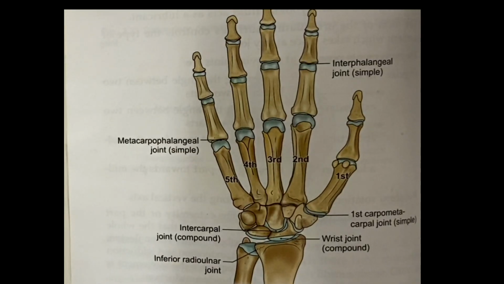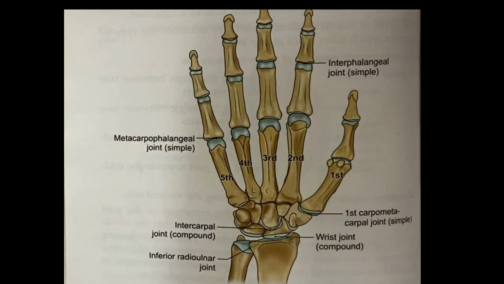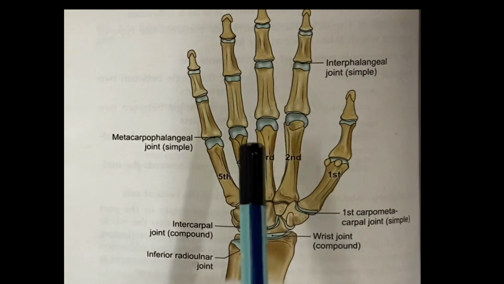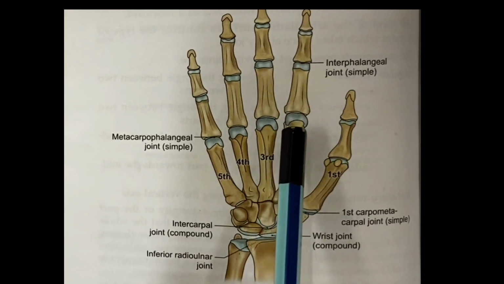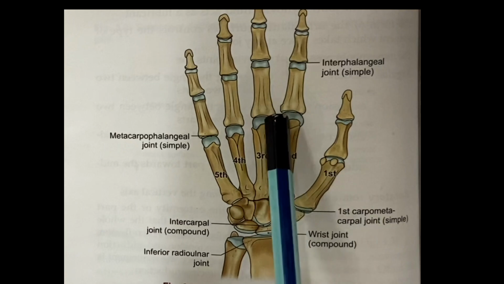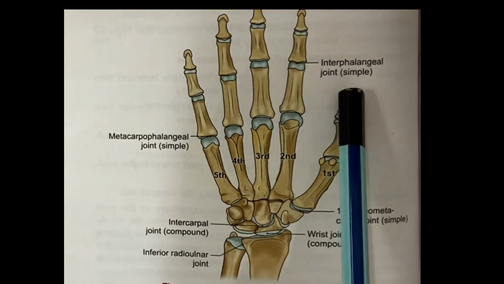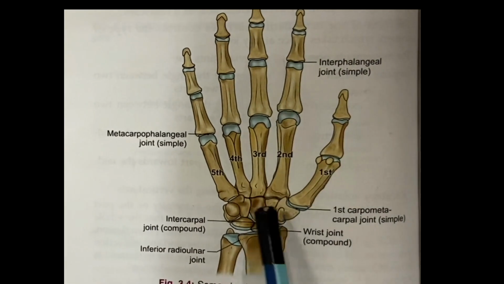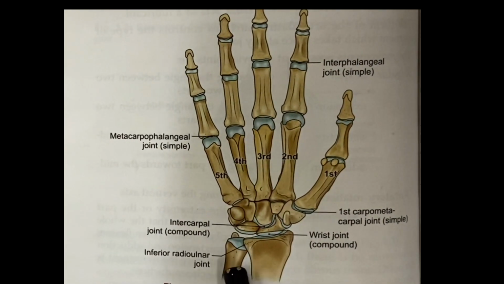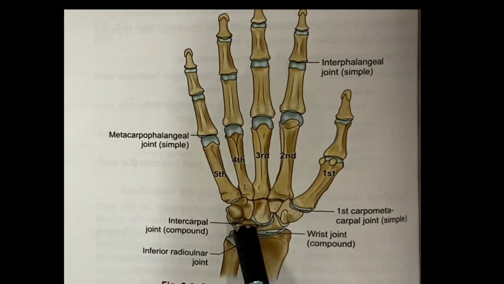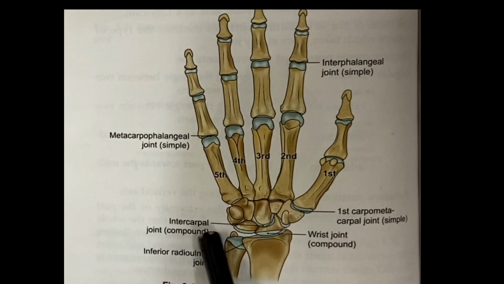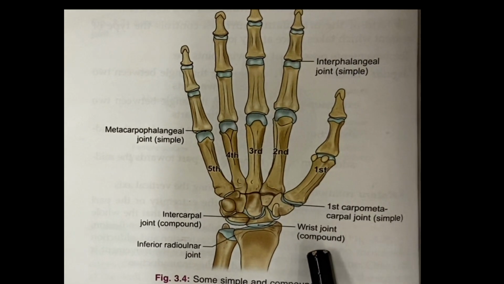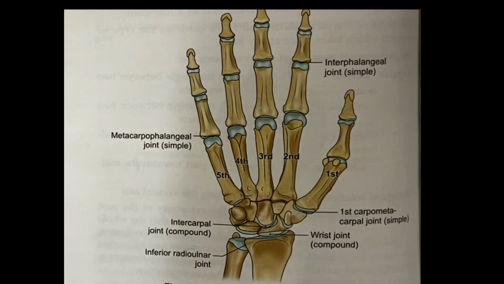So if you see in this diagram, this is the skeleton of the hand, and these are the interphalangeal joints. What you can see here, this is one bone, this is another bone. So only two bones are articulating to form a joint, that is the interphalangeal joint. So this is a kind of simple joint according to the number of the articulating bones. Here if you see the wrist joint, you can see there are two bones and then some other bones, carpal bones, are also present here. Also these intercarpal joints are examples of compound joints where more than two bones are articulating to form a joint.